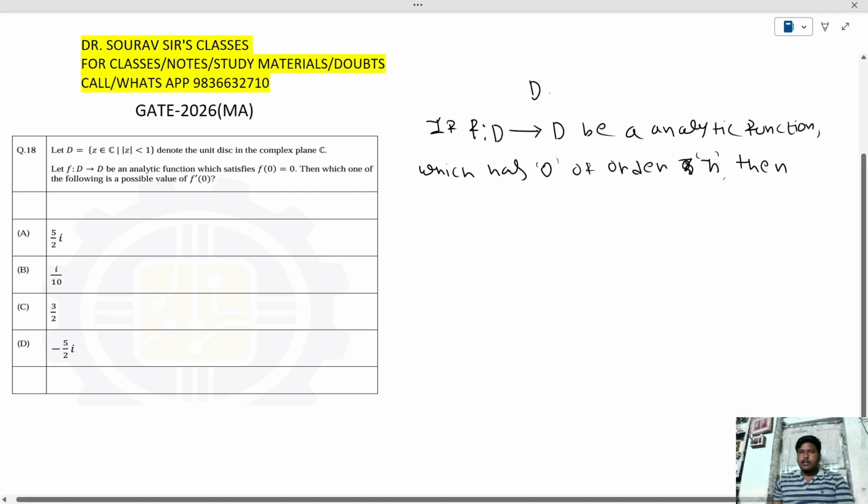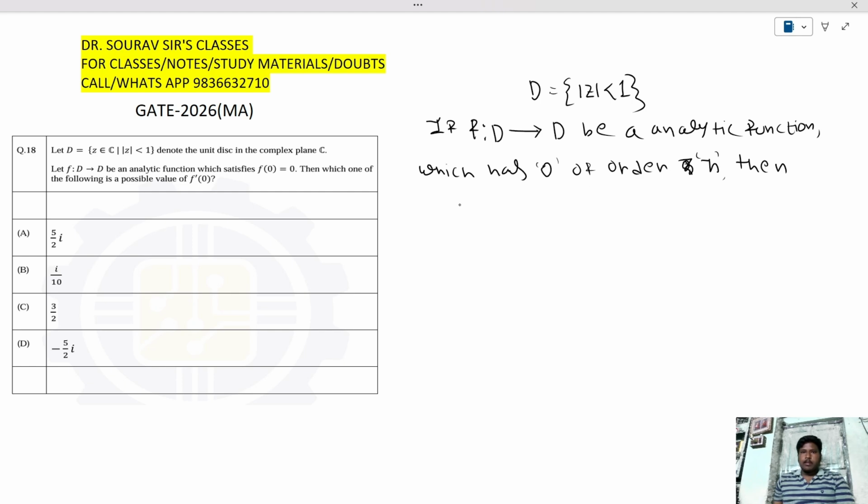Suppose D is mod of z less than 1. So f maps D to D be an analytic function which has 0 of order n, then mod of